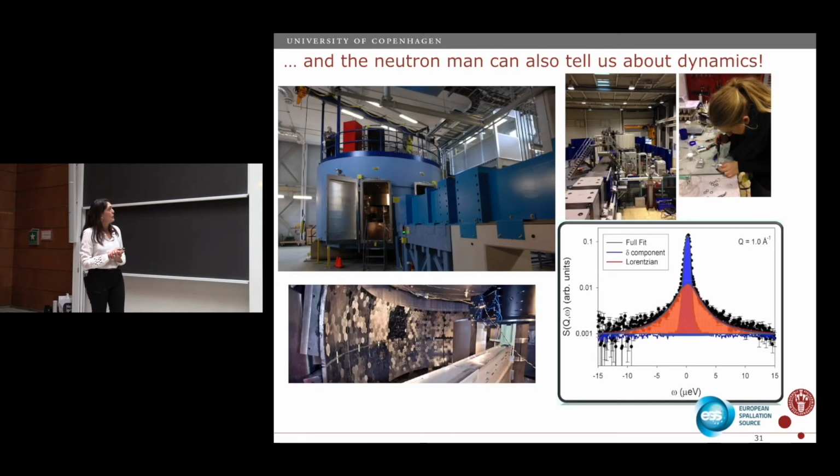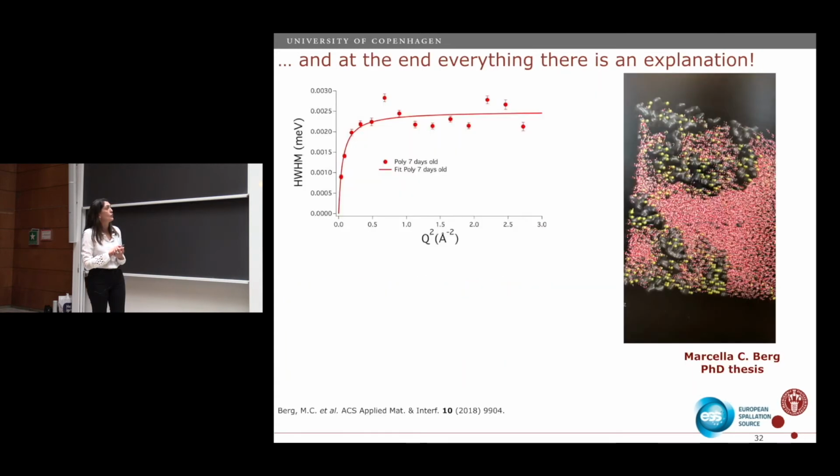So we're using quasi-elastic neutron scattering. Here it's my student Marcela. She went all around the world to do these experiments because we want to understand how this liquid was diffusing. What she came up with was one of the figures that I showed to you. So that was the broadening that she got.